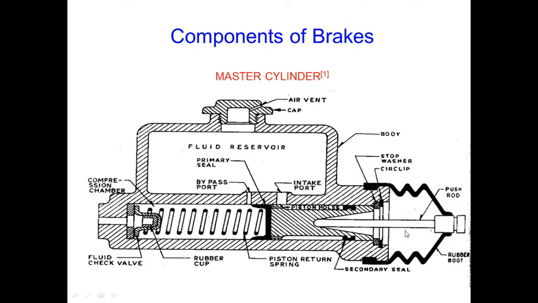We can see that there are a number of holes in the piston head on the primary seal side. Two holes connect the fluid reservoir to the compression chamber, which are visible here. The smaller one of these is around 0.7 mm in diameter and is called the bypass or compression port. This is the bypass port. These ports are operated by the piston itself. Besides this bypass port, there is a vent in the cap to keep the brake fluid always at atmospheric pressure. So there is an air vent in the cap.